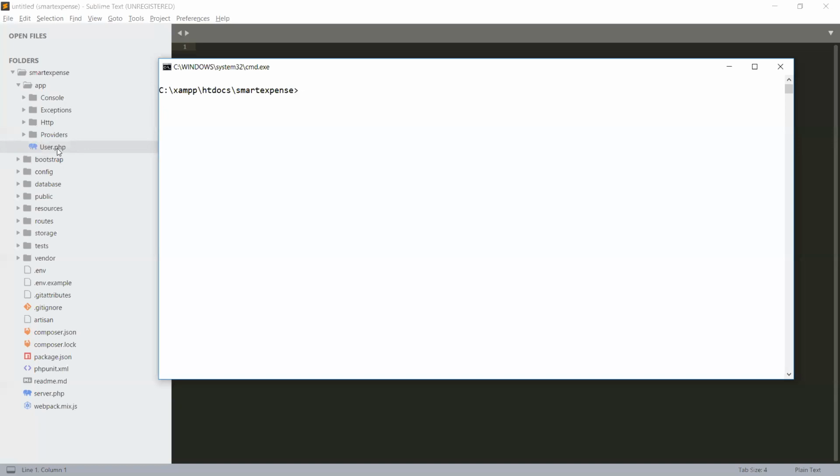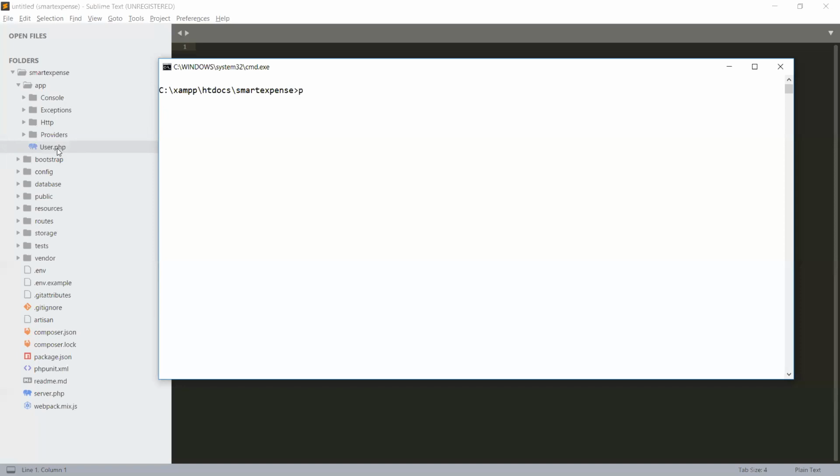Now we require two models, one for country and one for country zone. Let's create our model first and then progress further. We will discuss what fillable is, and why we define the protected table and fillable.